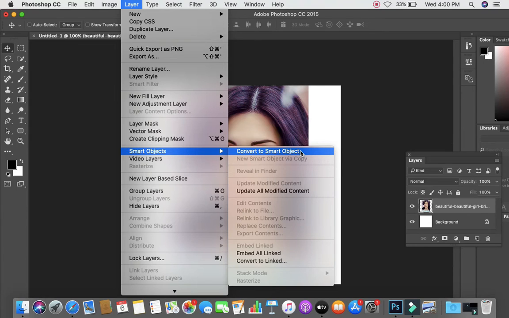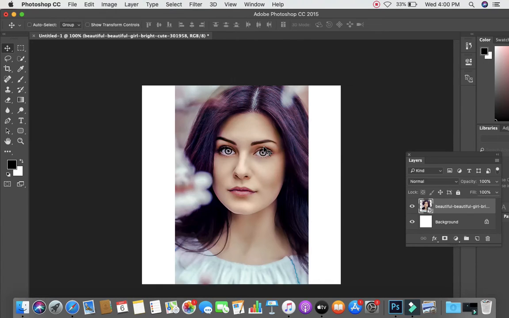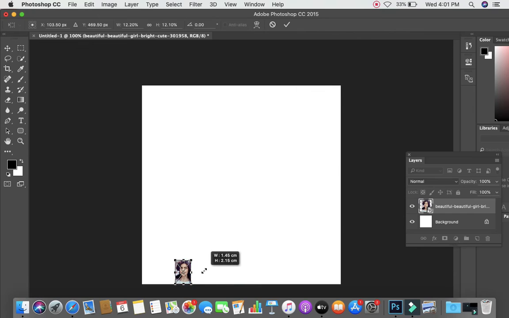This is the option which we are going to use. I am going to transform this picture again. If you use Mac, use Command T, and if you are using Windows operating system, use Control T. You can see these lines here with the cross mark. This indicates it is converted into a smart object. Please observe this. If you get lines like this, that means it is a smart object. Now we reduce the size. Press enter.